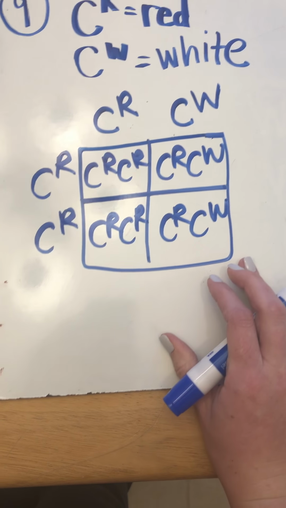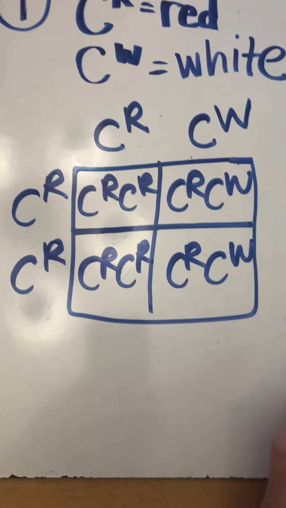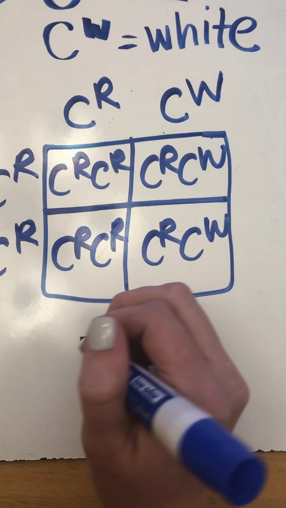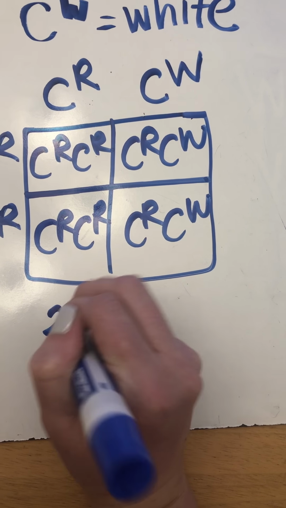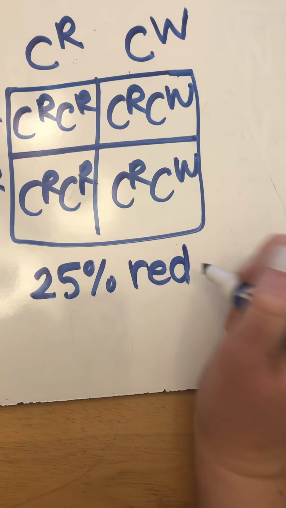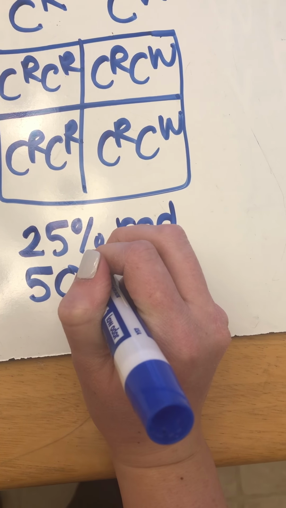All right, and we're asked to show the Punnett square, what would be the possible phenotypes for their offspring. So in this case, we have, similar to the other problem we just did, 25% chance of having red offspring, 50% chance of having,